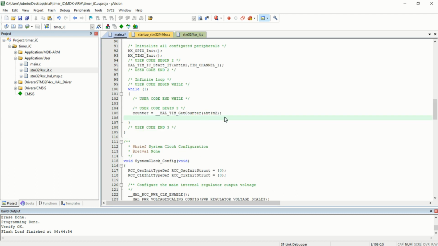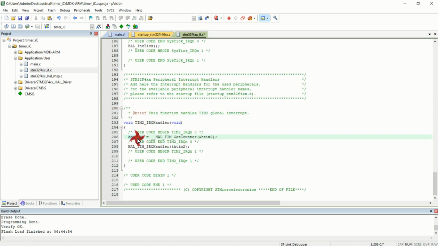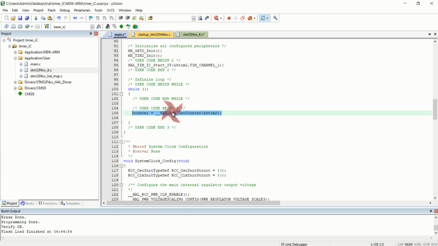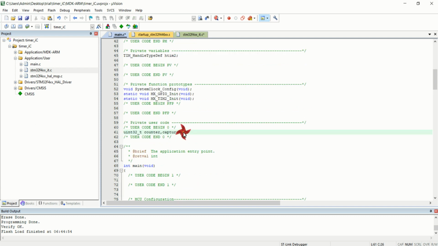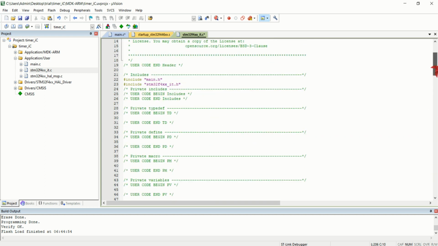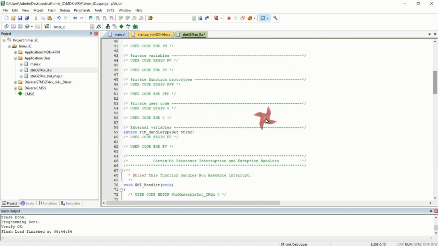So here also I'm just going to fetch the timer count value, but this time I'm just going to use the capture variable, that is the other variable that I declared. So now I just want to extern this variable. I'm coming to the top of this it.c.